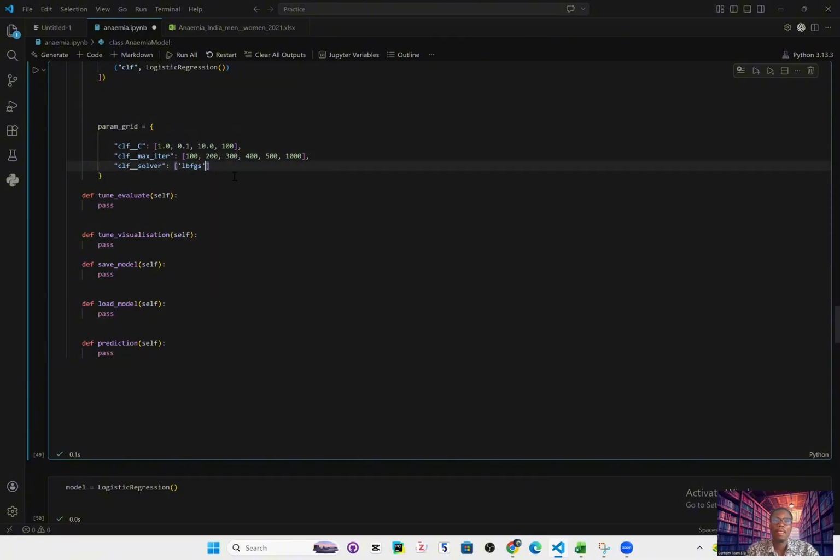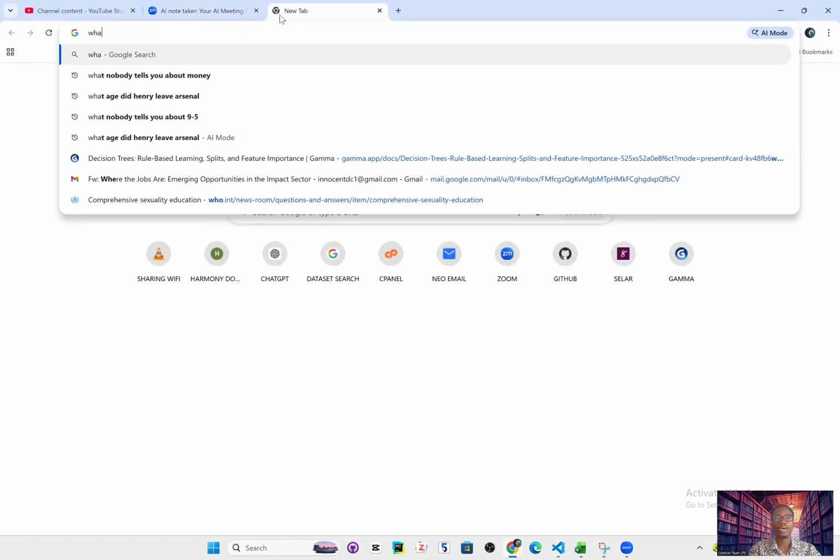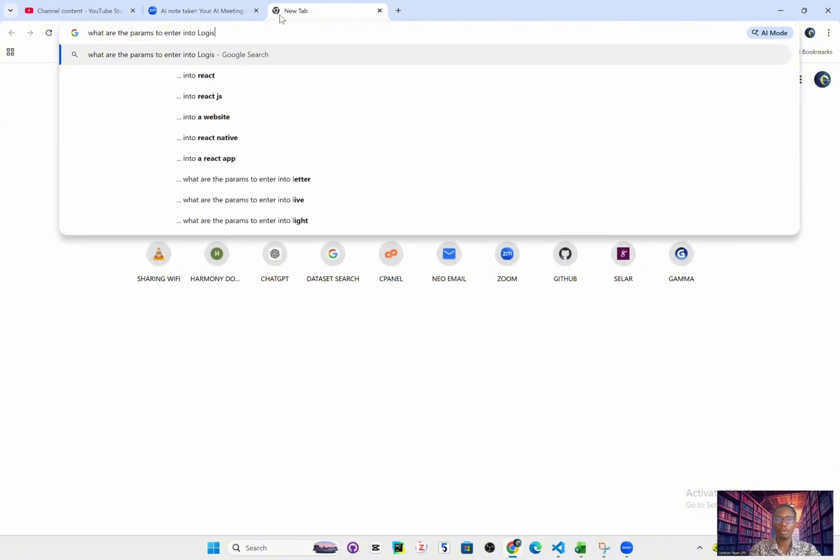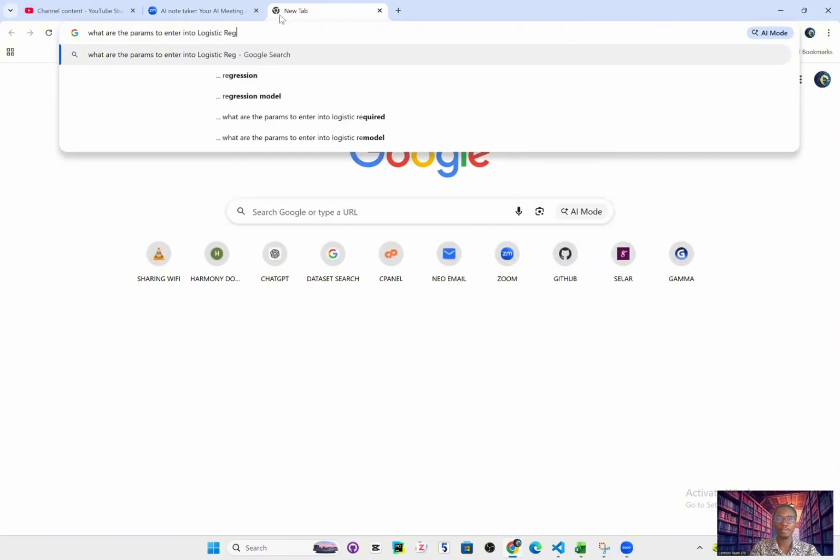Yeah, that's it. If you've got any other params, you could add them. Oh, but then you could actually look up the documentation. So how do you do that? You could just go online and search what are the params to enter into maybe logistic regression